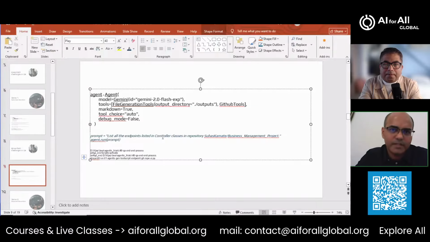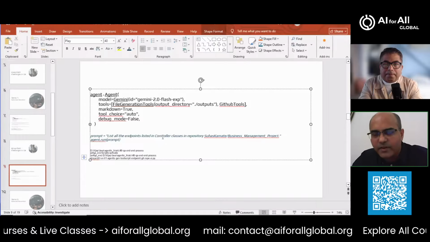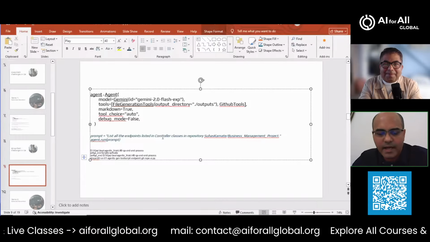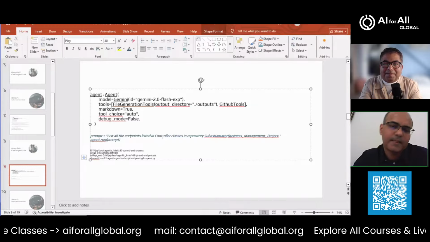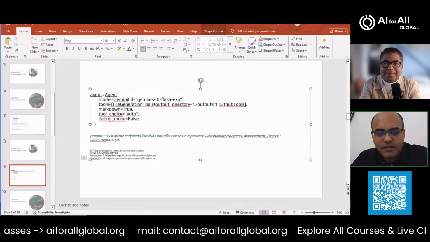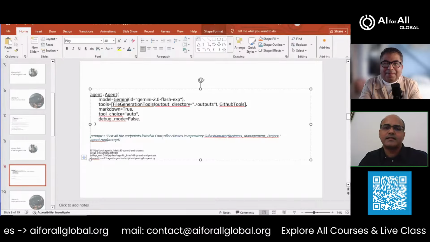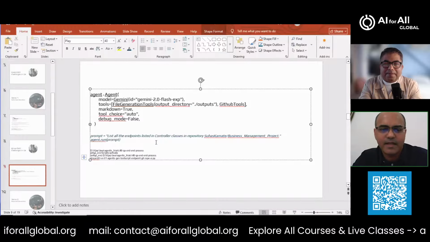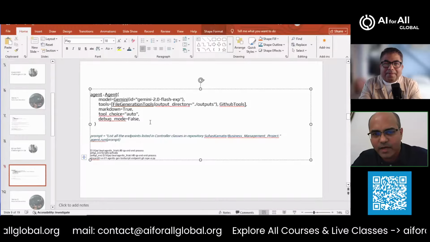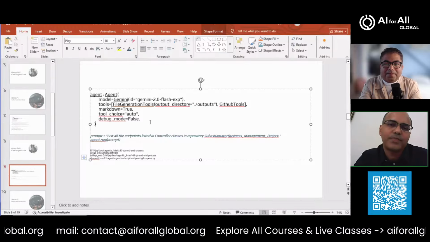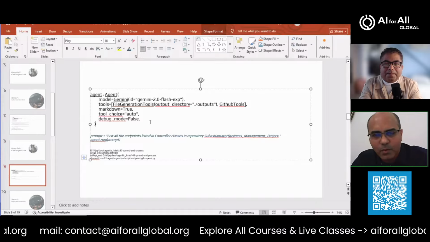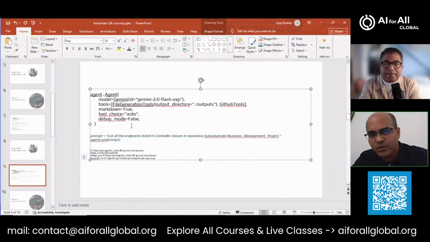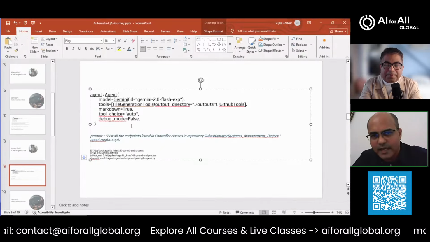I know that a lot of our QAs are already into AI and making huge progress in that. But if there is someone who still feels that this is difficult to achieve, it's not. It is as simple as this. You just have to provide the structure, and then provide what you want it to do. All right, so this is the agentic approach that we used to accomplish the regression suite.